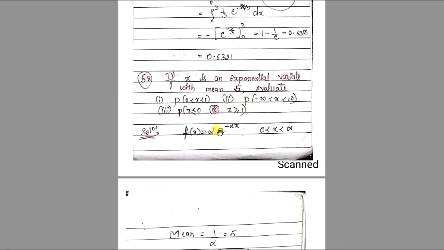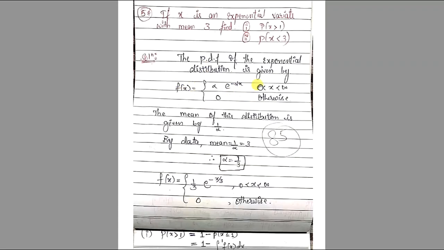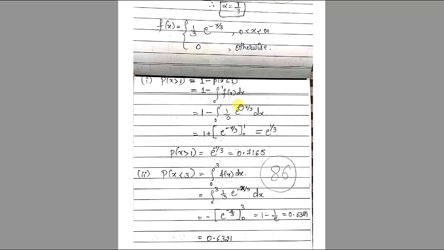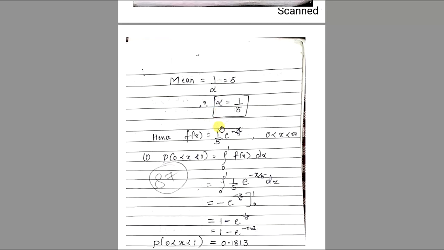What is the probability density function? See, the probability density function is given here, right? f of x is equal to alpha e to the power of minus alpha x. For positive values of x, it is defined to be alpha e power minus alpha x. For negative values of x, it is defined to be 0. See, for the same PDF, we are applying here. Okay, I have not written this in the notes. Anyway, you understood, I think.